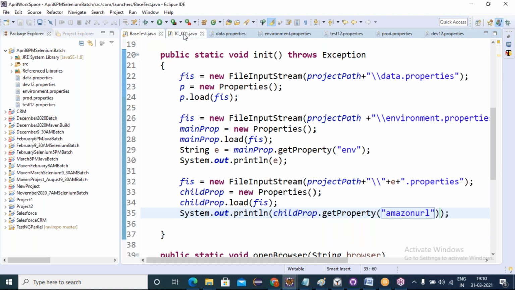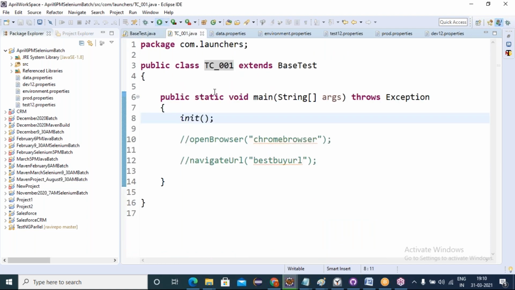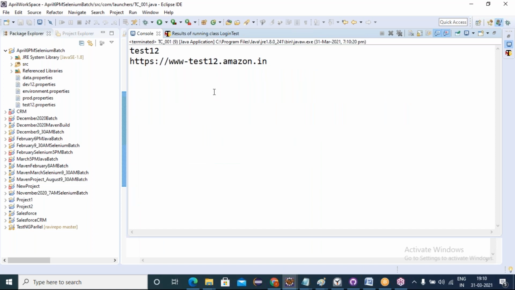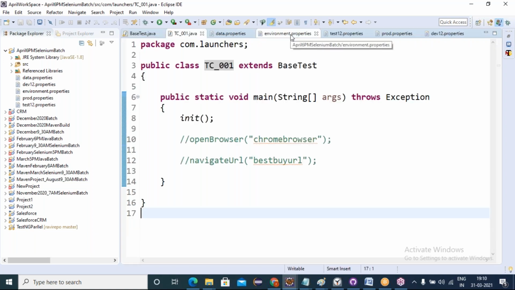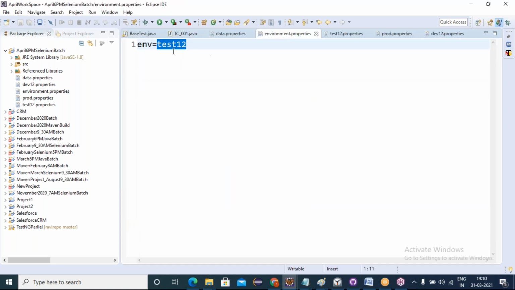Just try to run this. It is going to give the test12 URL. Getting, friends? In env I've given the value as test12. That value's corresponding property file is loaded, and in that the key-based value, the test12 instance, is opening. If I want to load the production URLs, go to environment.properties and give prod as the value.